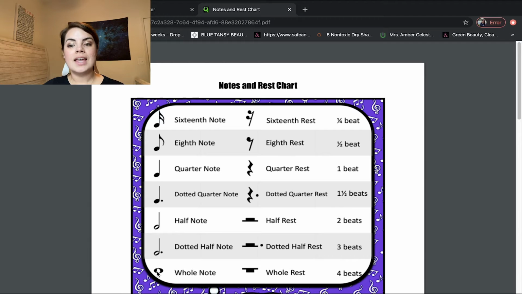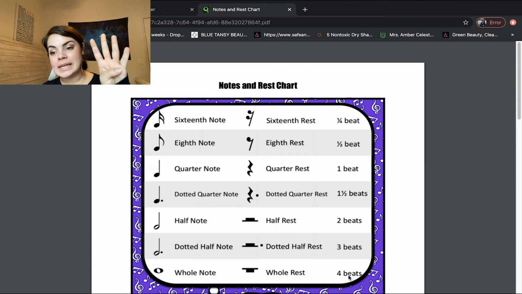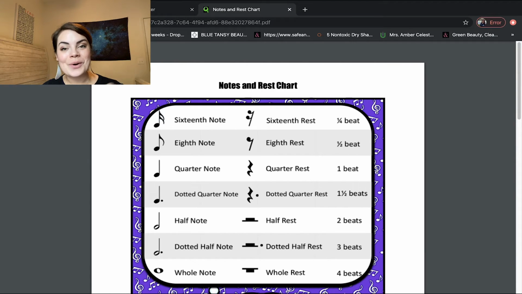Okay? And lastly, we have our whole note, which looks like a hole in the page. And this one is the longest note. It gets 4 whole beats. This is our Tarzan note because we sound like Tarzan when we say it. So it's going to be ta, and we only clap the first beat. Do it with me. Ta. Good. And then our whole rest looks like an upside down hat or a hole that you dug in the ground, and you're just going to hold out those beats of silence. So it's